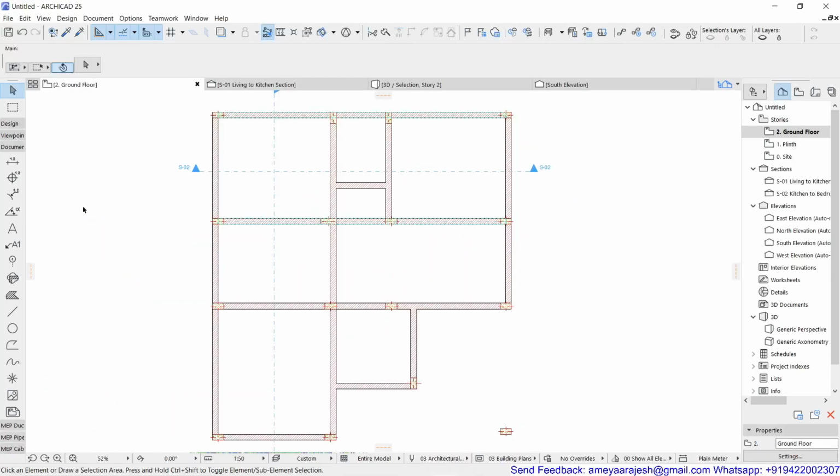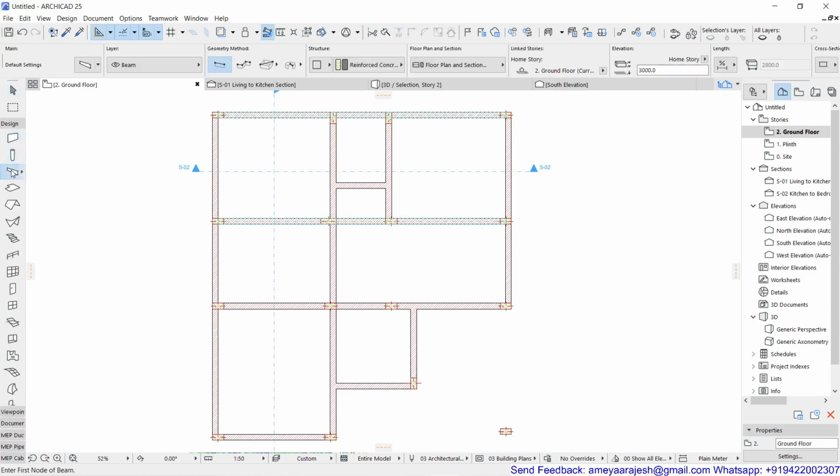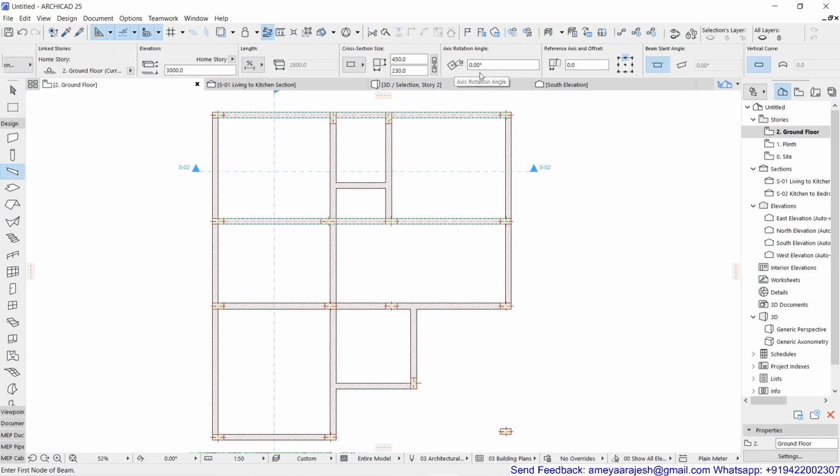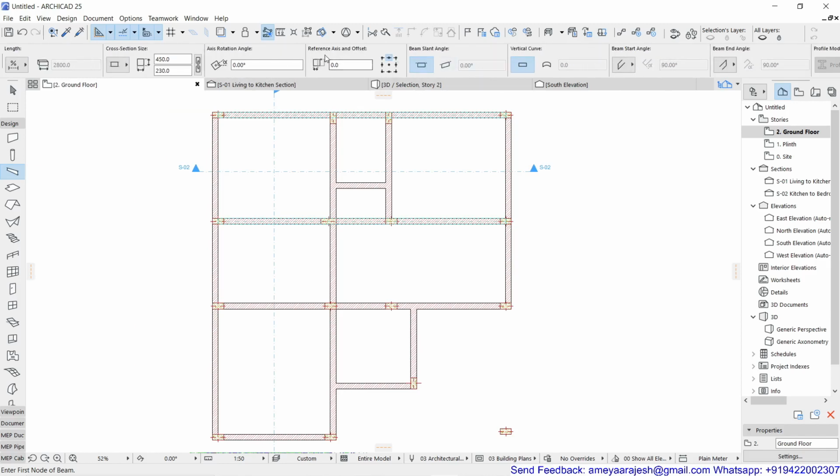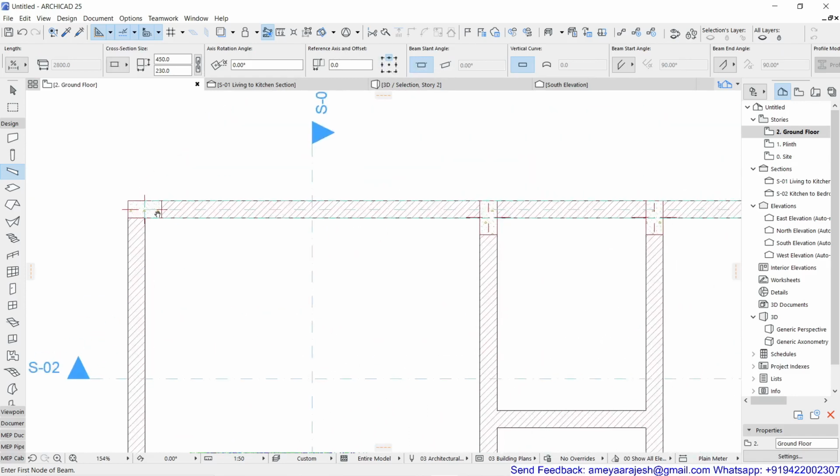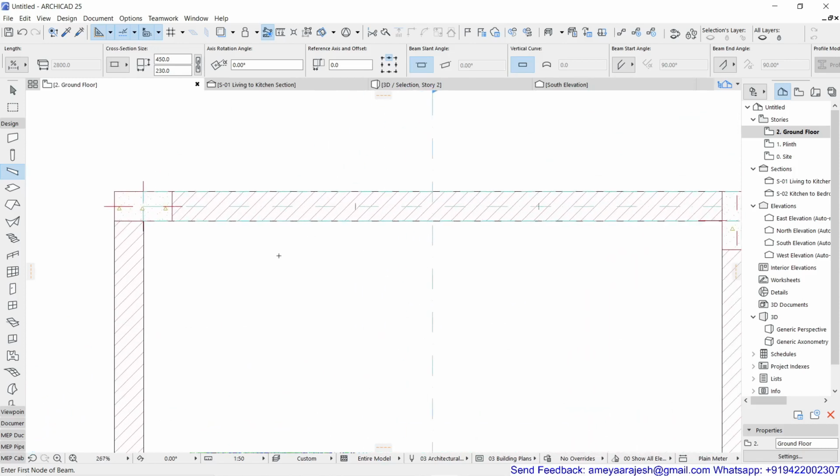Few points you should always remember while constructing the beam. Say for example, if I'm working with a single segment, another thing which you should always remember is the reference axis and offset. This is the reference axis location which we have already considered at the time of drafting this horizontal beam.